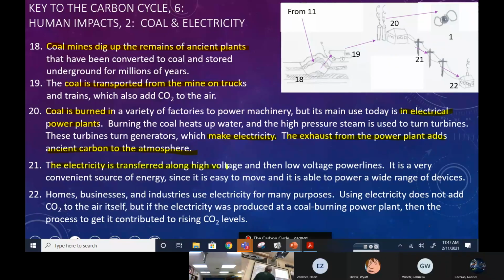Let's see, then we transfer that electricity along power lines. I don't think you need the part about high voltage and low voltage. Just the electricity is moved on the power lines. Electricity is an amazing source of energy. It's really easy to move it along a wire, although sometimes they don't look so good. They block our views a little bit, but it's easy to move and it's easy to convert from one thing